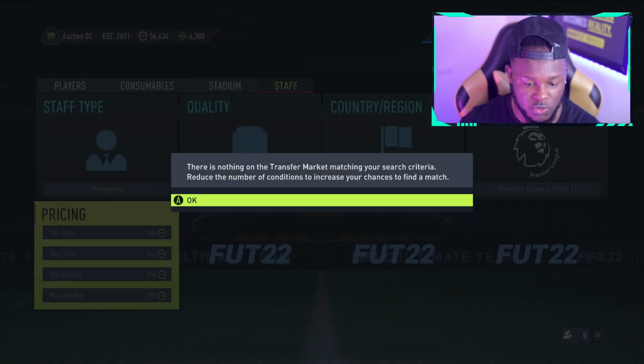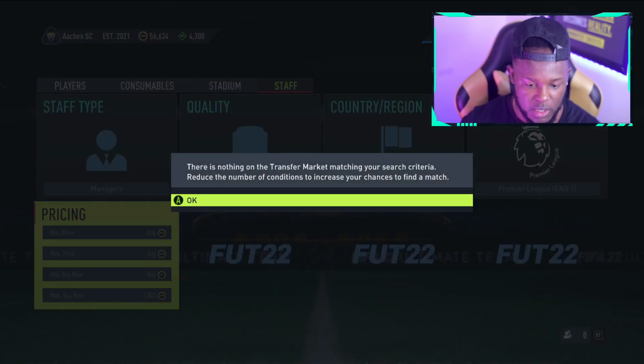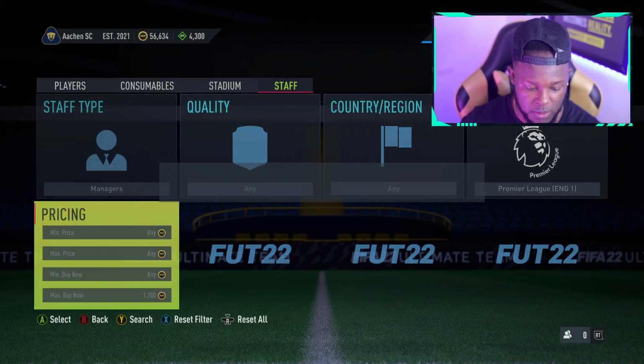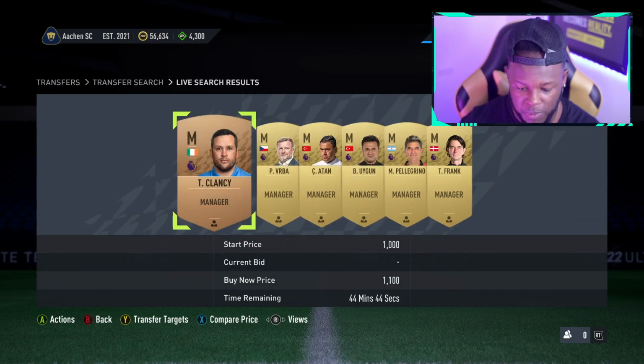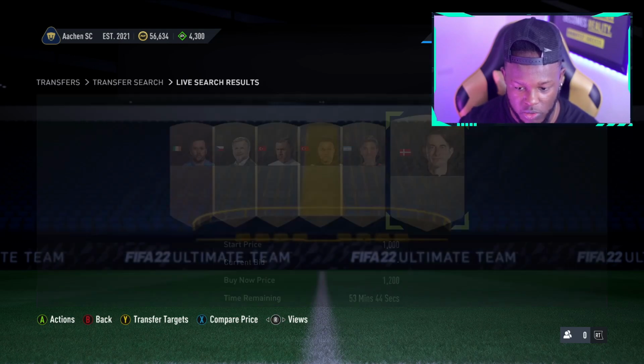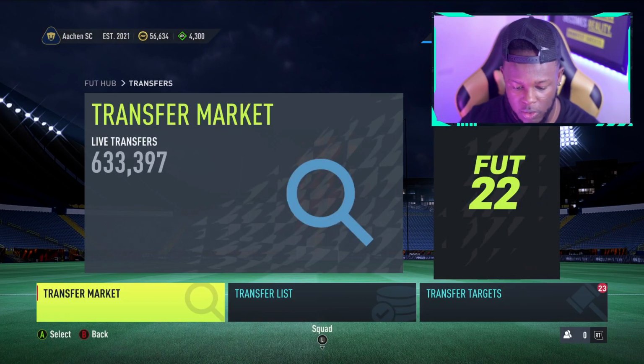If I search 800, no managers pop up. 900, no managers pop up. 1000, no managers pop up. The first few managers start to pop up at 1100, right? So whilst we're still live in this video, what I'm going to do, I'm going to go on